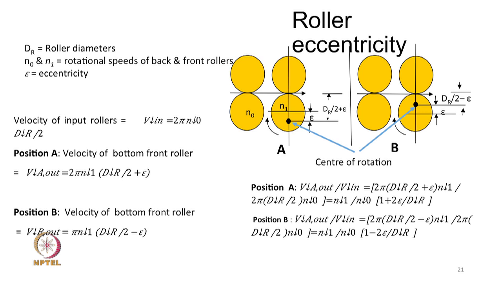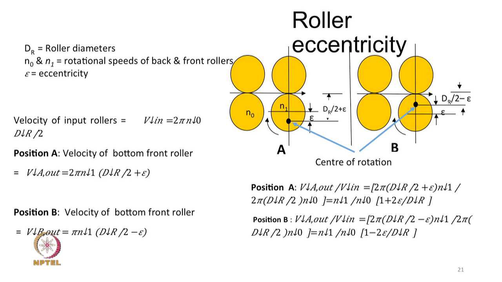The distance from here to this is dr by 2 plus epsilon, and therefore, surface speed at position A is going to be as shown in this equation. When in position B, the axis of rotation is just above the geometrical axis of the roller, and in this location the speed, surface speed, is going to be as shown in this diagram, that is it will be 2